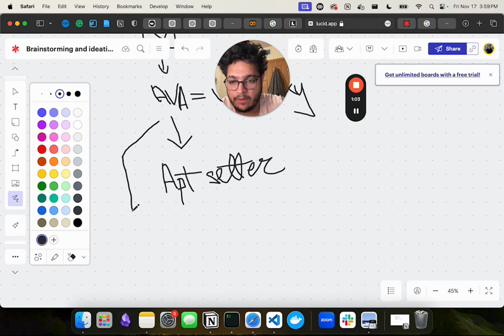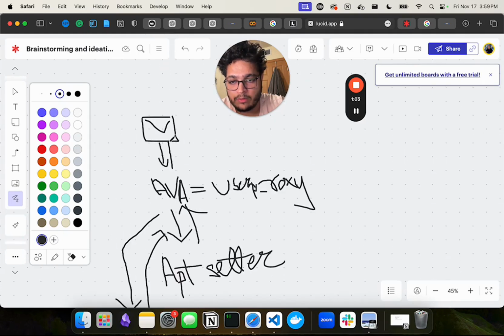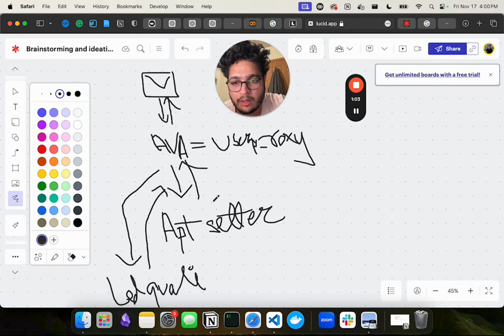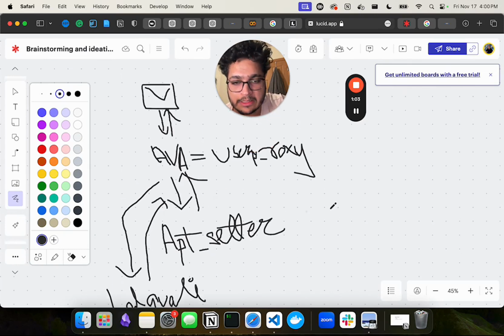And Ava will also have another capability that is lead qualification, right? And then this agent is going to talk to this one, and this agent is going to talk to this one, right? And then Ava is the one that's going to talk to the end user in the end, right? And maybe this is going to take a lot more to and fro from OpenAI, but in my opinion, everything's happening on their server, and they are optimizing heavily for their thing. And a small team of ours cannot compete with them at this time, so it's better to just use what they are doing. So this is going to be a basic idea of how I want to implement